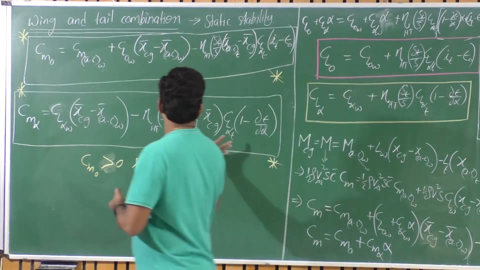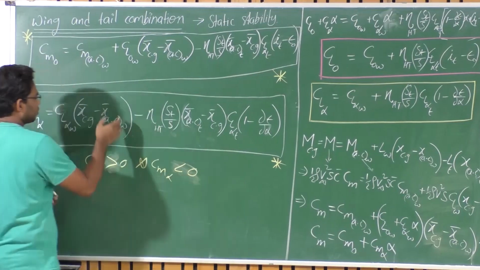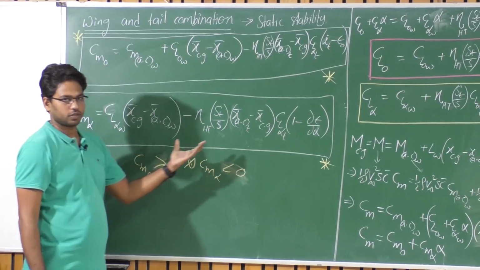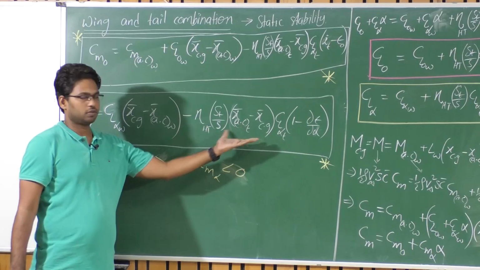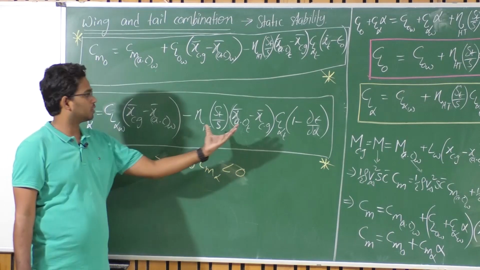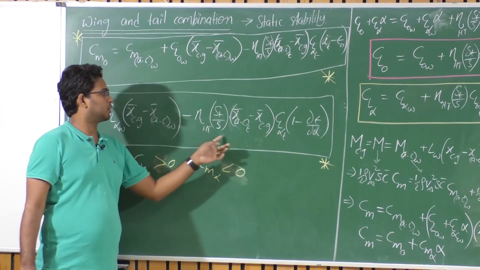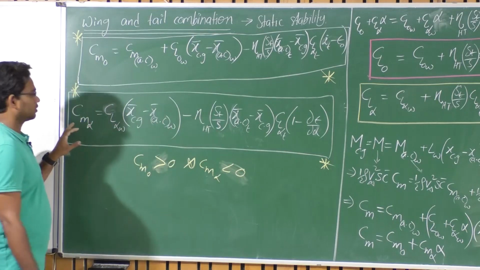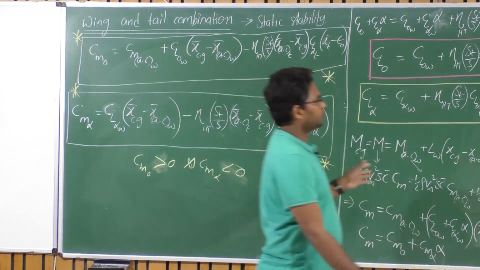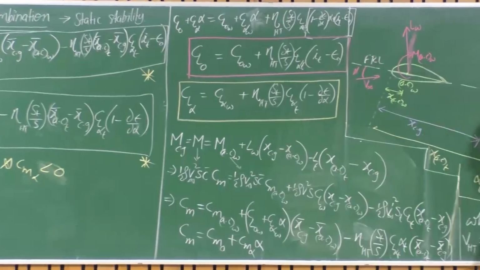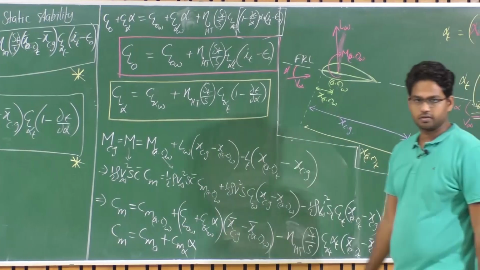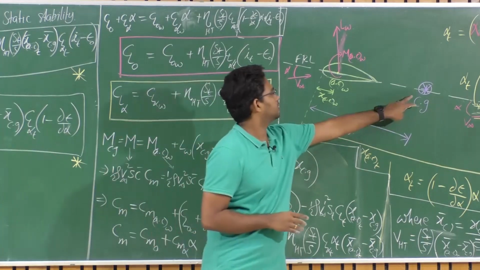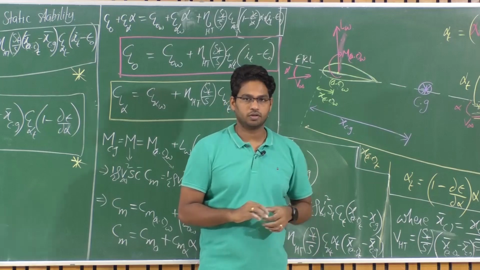So we need to choose this particular number strong enough to overcome this positive term. The offset between these two should not be very high, so that the tail volume should overcome this particular positive term. This particular term is known as tail volume ratio, as we discussed. So you need to choose a particular tail volume ratio in order to make this stable. Because it is obvious that when you have a wing and a tail at an offset, the CG will of course be behind, right? You have to mount your engine and place your batteries in such a way that you bring this particular CG as close to this aerodynamic center as possible.